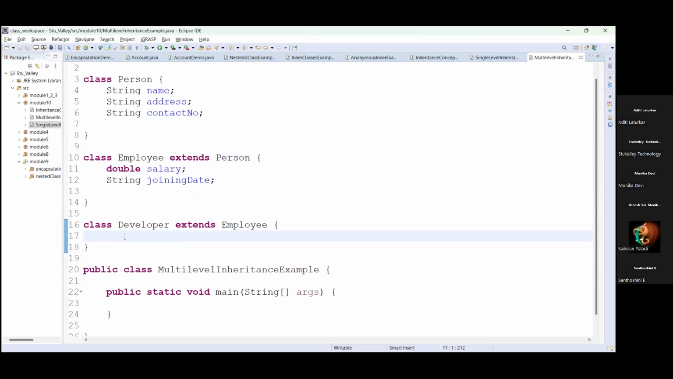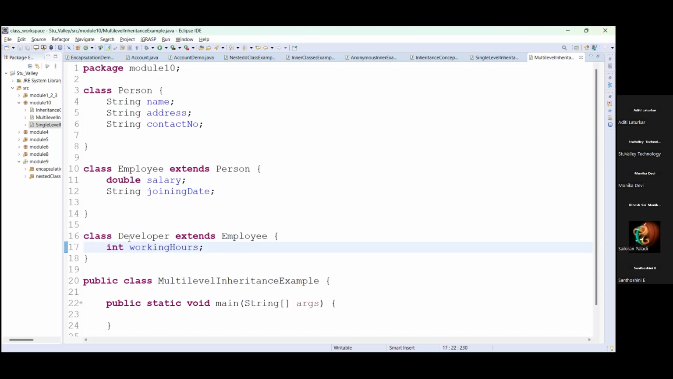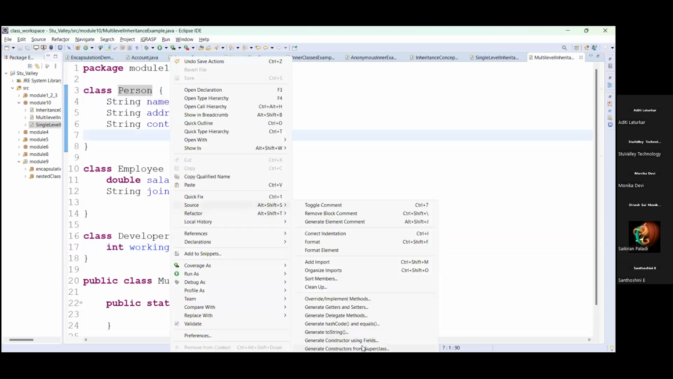Suppose that member is number of hours or working hours. Okay, so double working hours. We will write down into working hours. Okay, so this is a developer class's own member. But as we are creating the chain of this, we can access the person class members also into the developer class. So first we will generate the constructors here